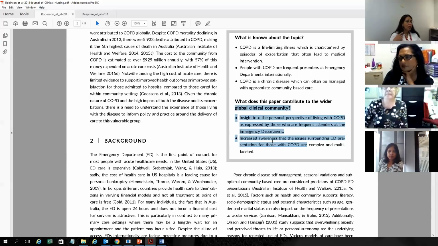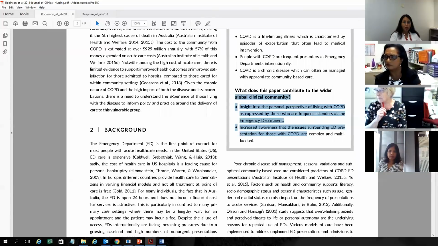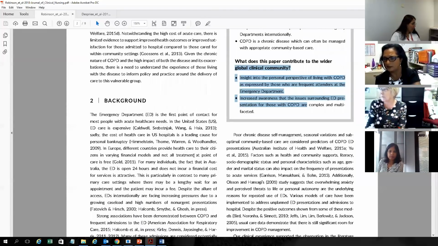Does that sound like why it's important? If you think that sounds like one of the reasons why it's important, can you raise your hands, please? So the question is, why is it important? Thank you. Quite a few have raised your hand. So that is the significance. Now you can scroll through the article